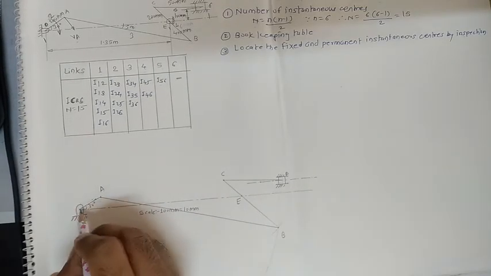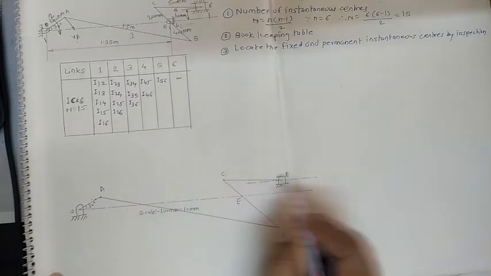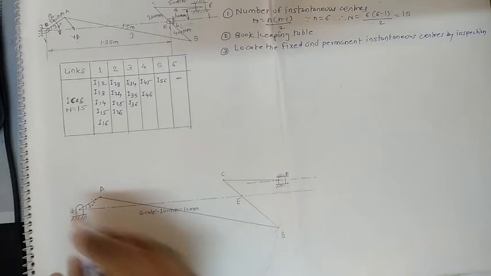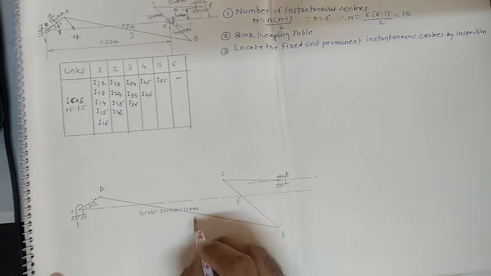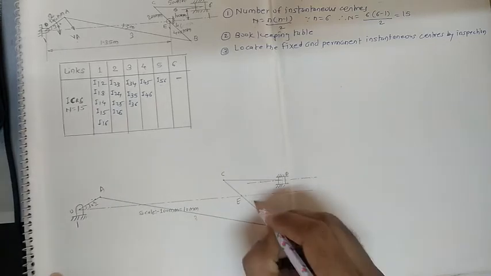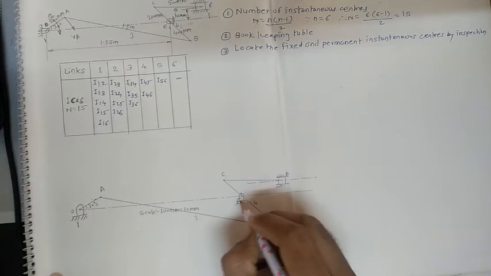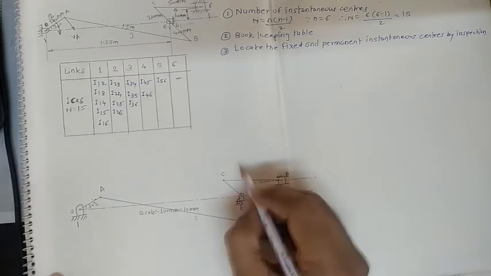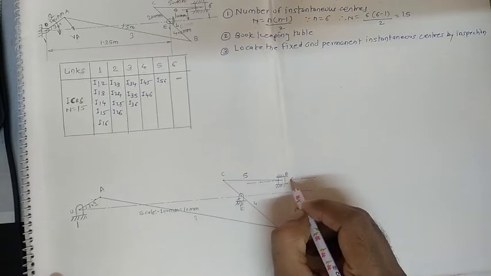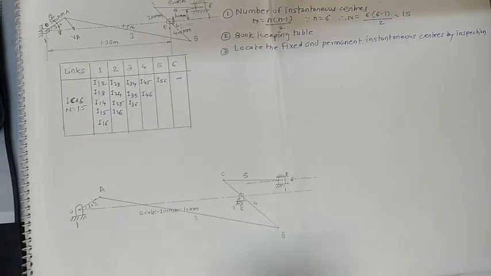Now the O point is here, the A point is here. Apart from this, B, E, C and D. Okay. At the same time, give the number for every link. Number 1 is here, number 2 is here, number 3 is here, and number 4 for this one. Another fixed point is available here, named E. So number 5 for this one, number 6 for this slider, and again number 1 for the fixed links. In this way give the names.